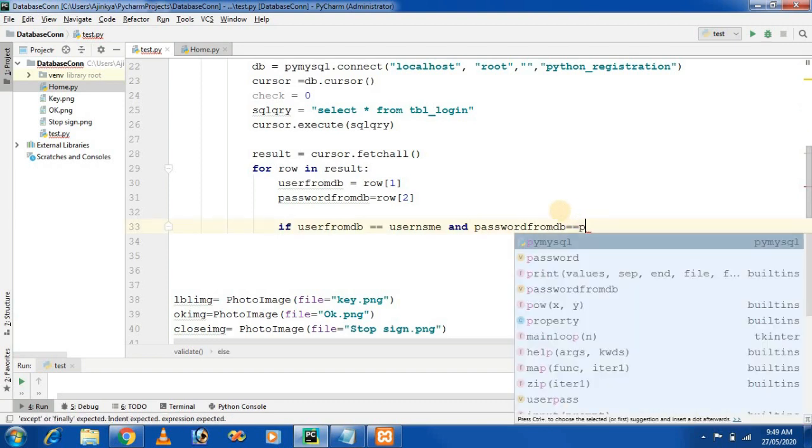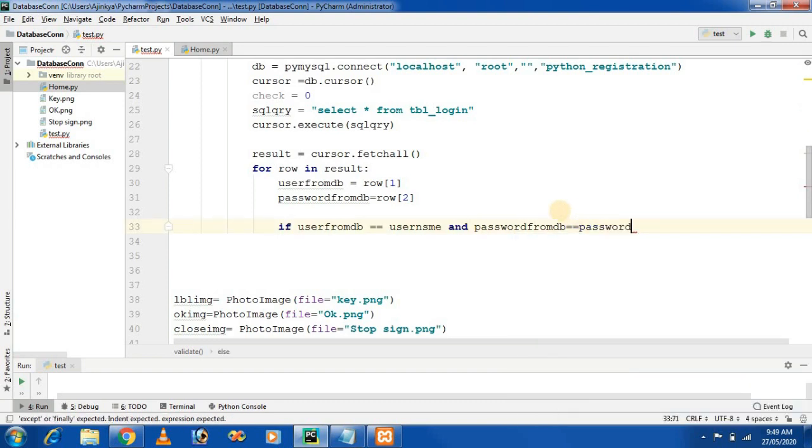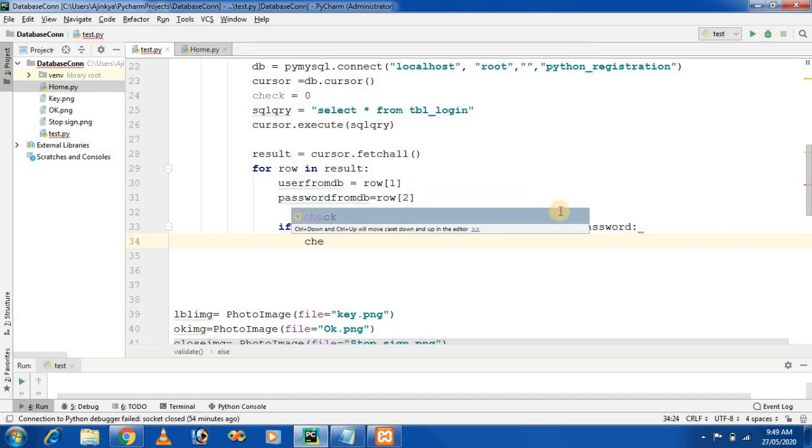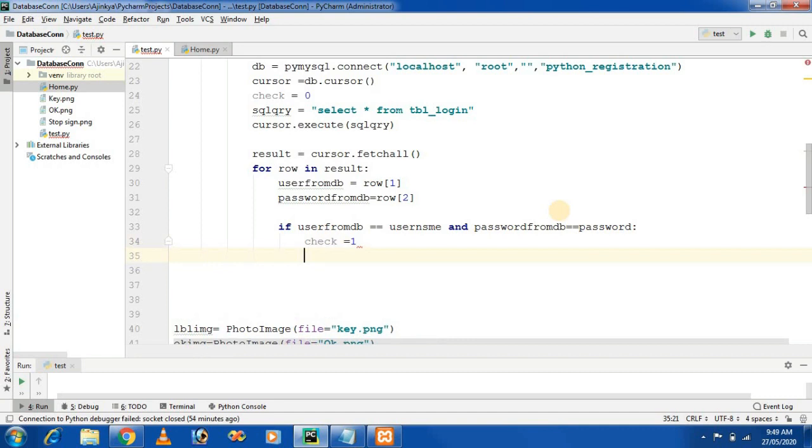So write down here the password. If both are correct, then change the value of check to 1.